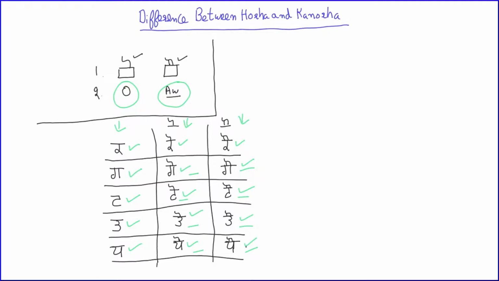I'm going to repeat it again that you have to remember the sound of Hoda as the sound of O and the sound of Kannada as the sound of A, like in awkward. If you remember it in this way, it will be very easy to remember what type of sound you are going to get once you have attached either a Hoda or a Kannada. So this is the difference between the sounds that we are going to get once we have attached a Hoda or Kannada.